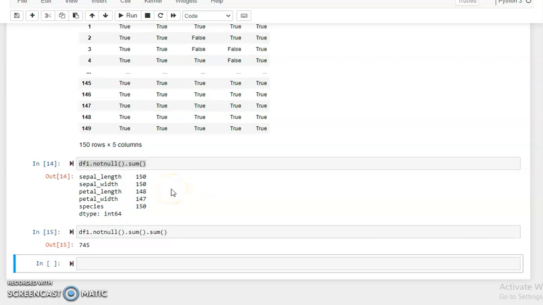If you want to find the total number of non-null values, we use notnull().sum(). As you can see here, 745 is the total number of non-null values. Okay, now in this tutorial we are going to discuss the dropna function